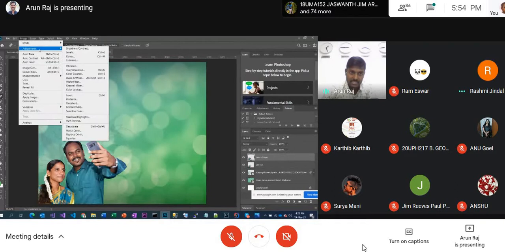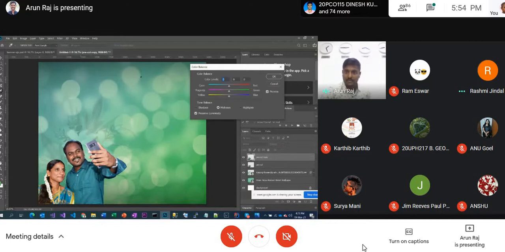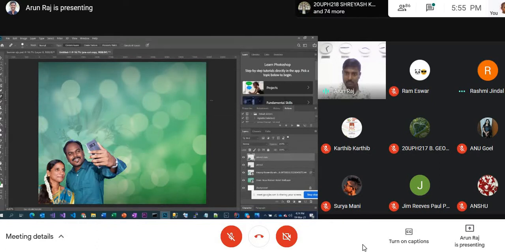And in this image I can see extra yellow is there. So I just want to reduce that yellow. So I'll take this and maybe reduce the yellow a bit. This is the kind of adjustment you should always do with your images. Otherwise the image will not look nicer.